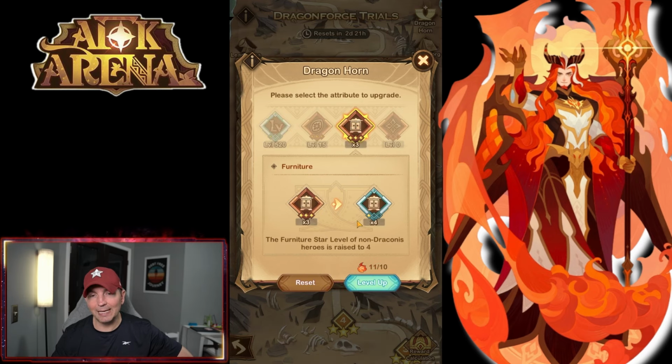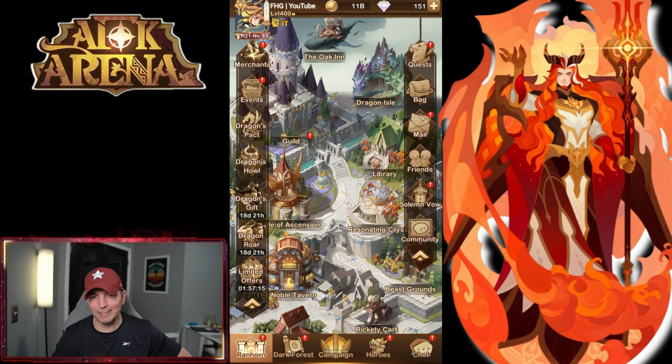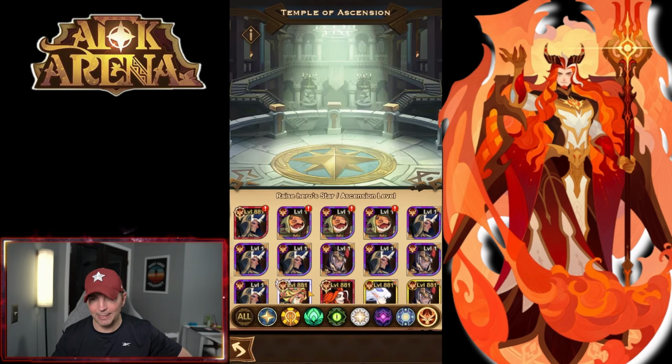We don't have anything except for furniture going to a level 4 furniture. I'm going to have to try it out. Let's see if we got enough copies of Gorge. Now, there's another Cassius copy. There's a copy of Gorge. And you know what? I think